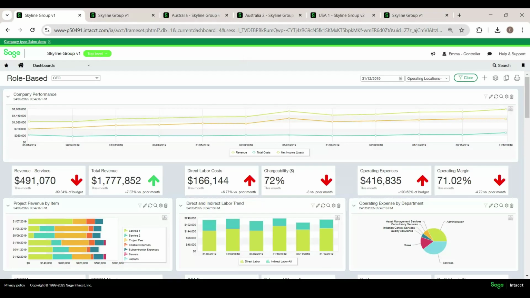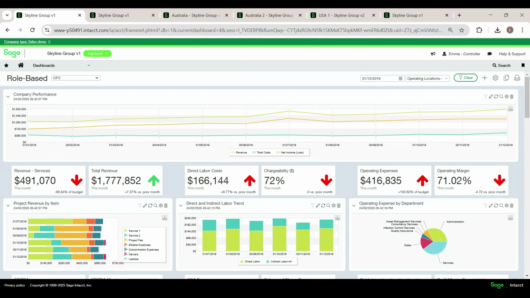Yep. Okay, great. So now you're looking at my Sage Intacct instance, and a couple of things straight off the bat. Sage Intacct is a cloud-based solution, so accessible anywhere as long as you've got access to the internet and your browser of choice. Sage Intacct also has a very robust open API. So the idea being that we've got integration capabilities with potentially alternative operating systems that you might be wedded to within your own organizations. So we've really got a great strength there in being able to integrate with other systems